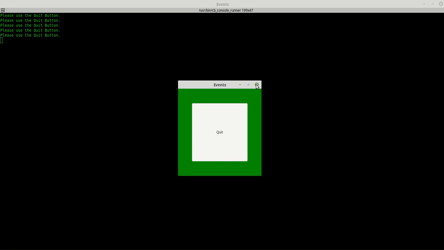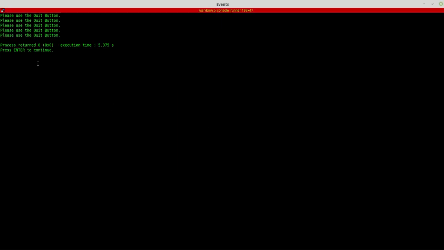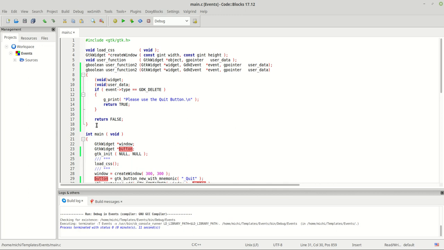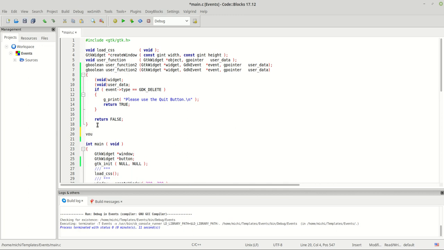We'll run our program. Once the program runs, we'll see. We'll click here, it says please use the quit button. I'll click here, it says goodbye. It doesn't. Why? Well, because we didn't work with destroy and delete event. We were working with our button. So this means we can make a void button_was_clicked function,